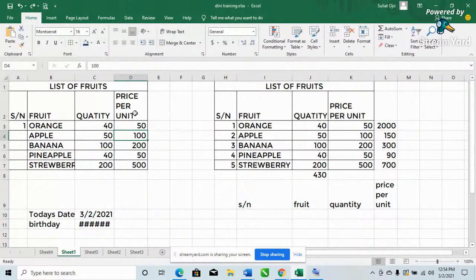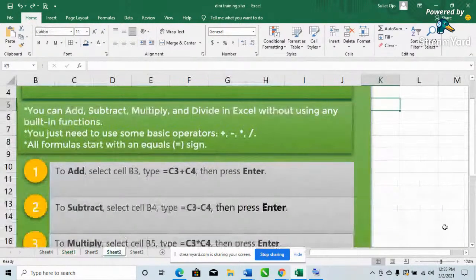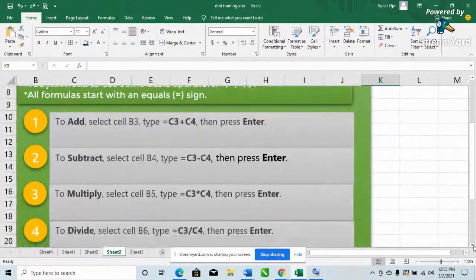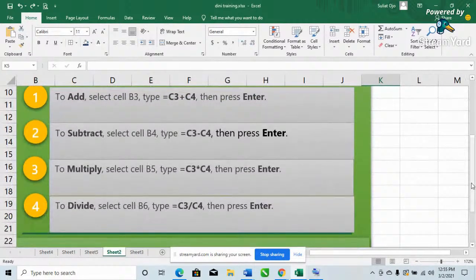So we are going straight to business here because we've talked about most of this functionality in Microsoft Word. So now we are going to be doing the simple basic calculation, which is plus, minus, division, and multiplication, just like we've seen here. So that's what we are going to be looking at in Excel. So that if you have data that you want to do a simple calculation in, you are not pressing your calculator after you